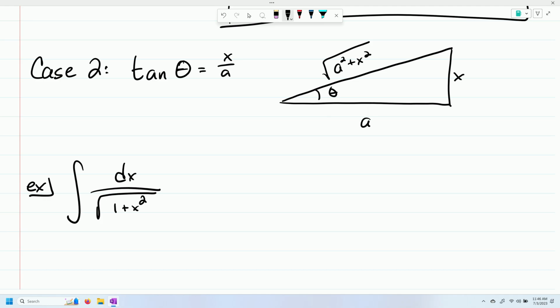So the example that we have is going to be the integral of dx over the square root of 1 plus x squared. So remember, you're looking at the argument underneath the radical, and that is 1 plus x squared. So that fits our mold. So when I draw my right triangle here